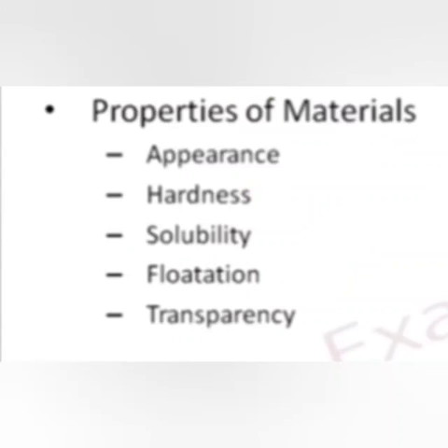Properties of material. First is appearance. Now I am explaining the first property. Appearance means the external shape, size and color of the object. Paper looks different from cloth. Wood looks different from iron. It means all objects have different appearances. On the basis of appearance, materials can be classified into two groups, their luster and their texture. First is texture. Texture means the feeling of a substance is known as the texture of the material.